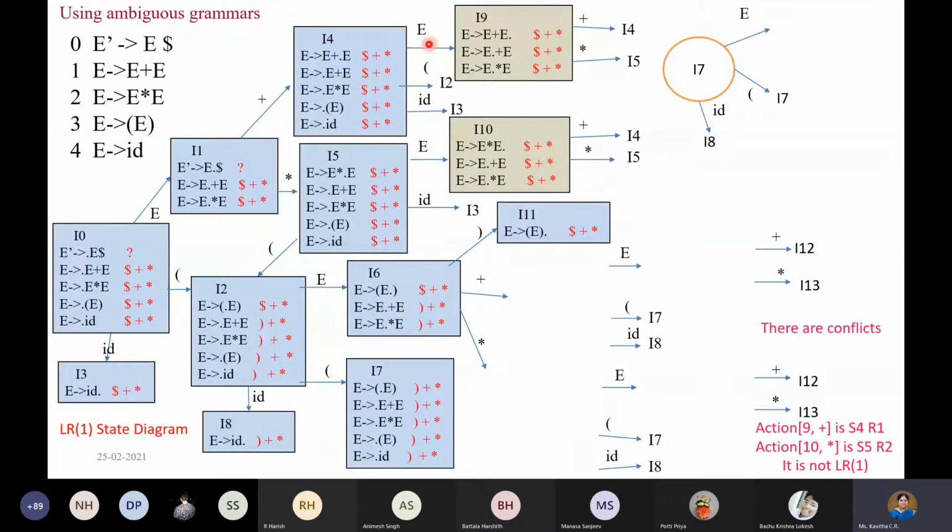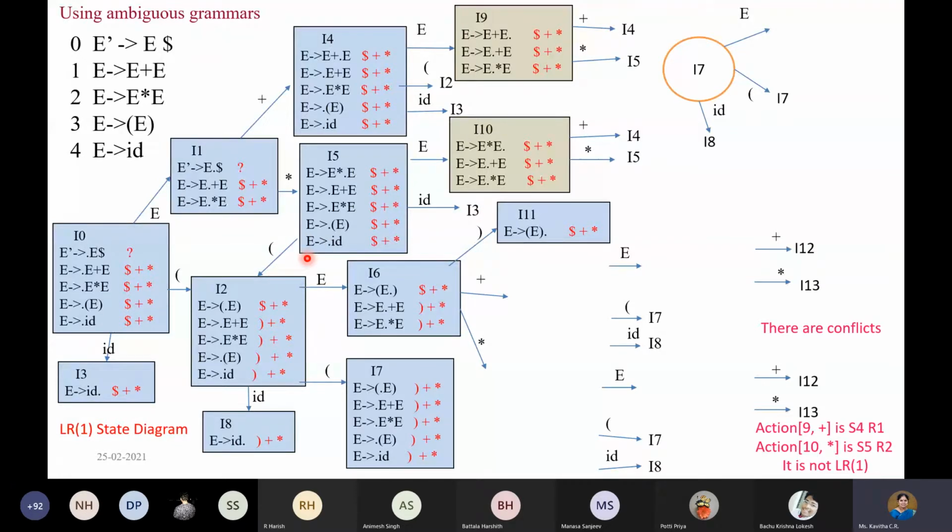It's the same look ahead symbols also, we don't expand anything newly here. So I9, and then when you read open parenthesis at I4, it is just similar to I2 because the look ahead symbols will match with that. Therefore, we go to I2. Similarly, when you read ID, you'll go to I3. Coming to I5, when you read capital E, it goes to I10. I10 is similar to I9, except for that instead of plus here, we have star. That's the only difference. Rest all is same. And similarly, when you read ID here, it goes to I3. And when you read open parenthesis, it goes to I2.